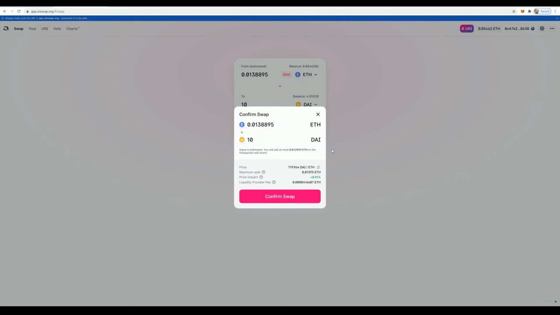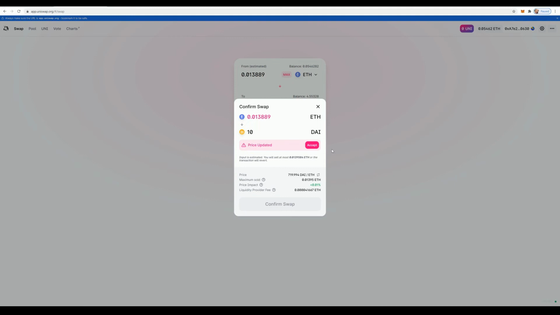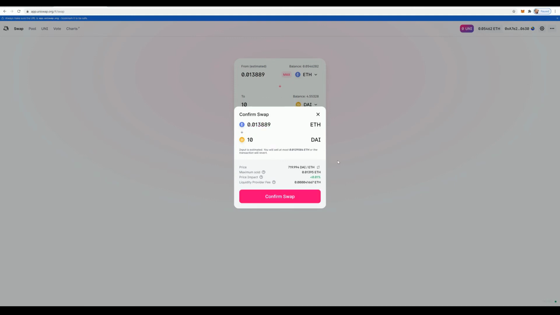And it's not come up yet, is it? This is just saying because it can't exactly predict what's going to happen. So as you see, the price is updating all the time. Yeah. So for this small amount, it wouldn't really matter. But for some things, if you're doing a lot, thousands of dollars, you might not want to do something. But if we go to confirm swap, it's still not showing the gas price, which is going to be the